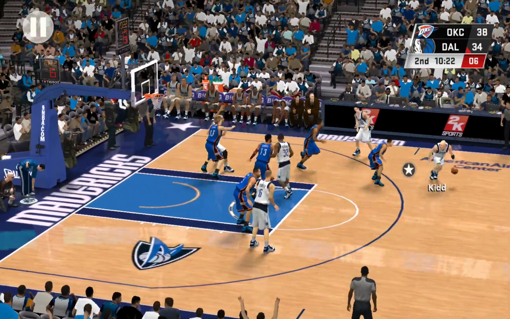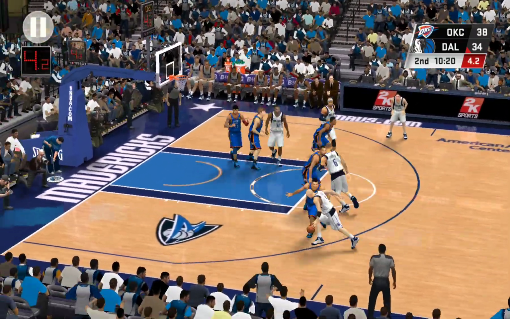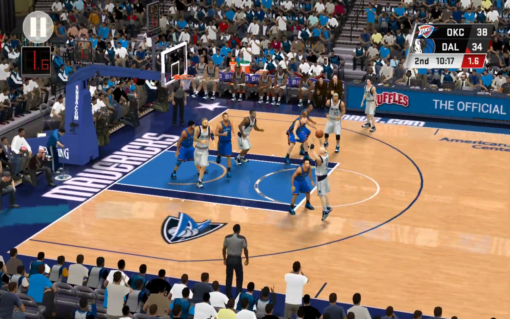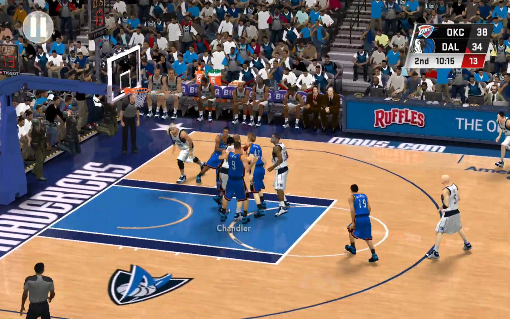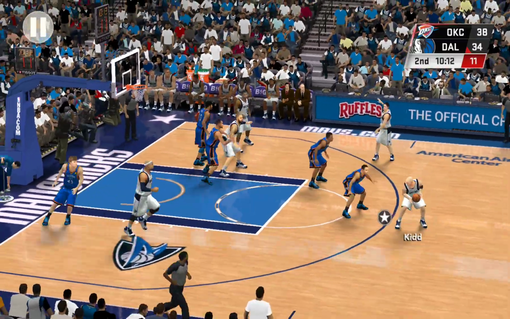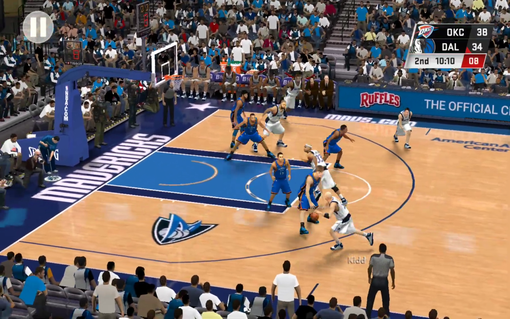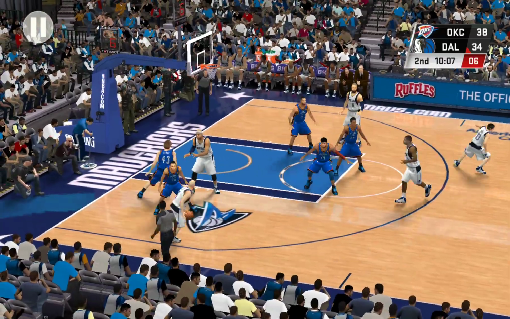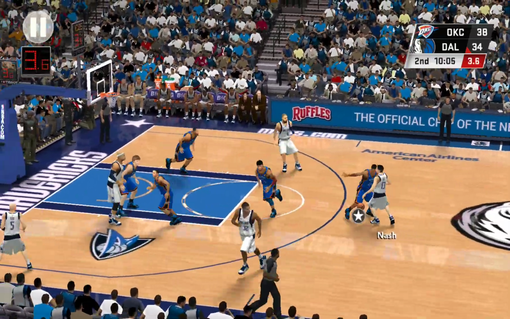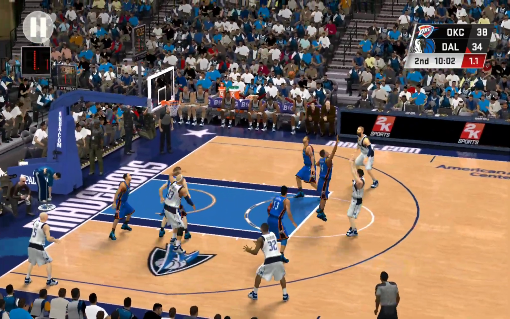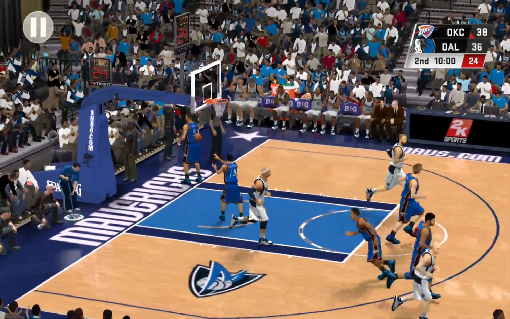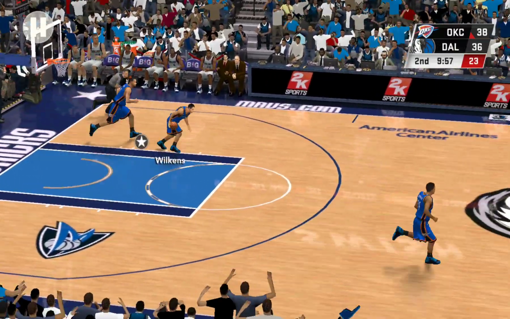Pass to Kidd. From about 19 feet. Offensive rebound. Now here's Nash. Goes back up. Nash up on top. And he gets the bucket.